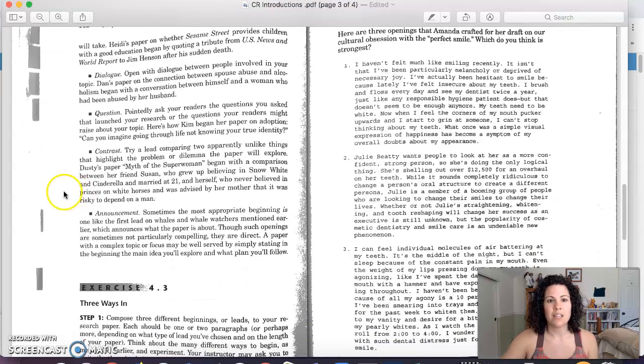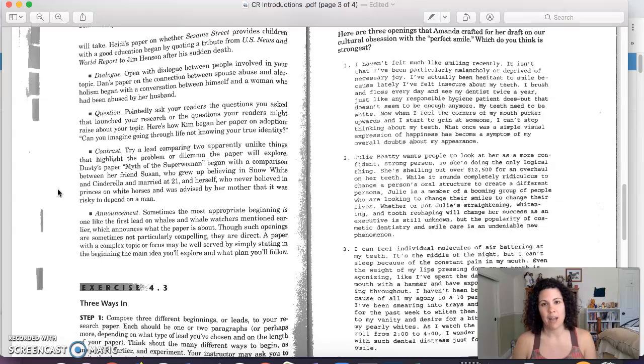The next one is a contrast. So of course, something different than your topic, but really meshing two things together in order to see and describe your topic more. So here we have the myth of the superwoman. Maybe you want to talk about what it means to be a really good student, and you say, this is what people think a student is, and then you describe yourself, and you say, I might not look like a good student, but this is why I am. Maybe you're redefining that word for people.